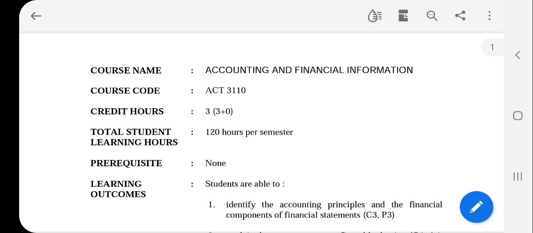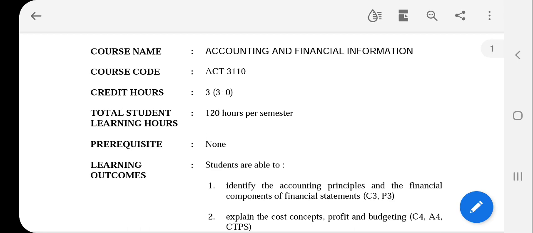So this is the course ACT3110. Basically, this course is an introduction to accounting course. You will learn about accounting. Just a brief introduction: accounting is a process to analyze and record business transactions and report financial information.